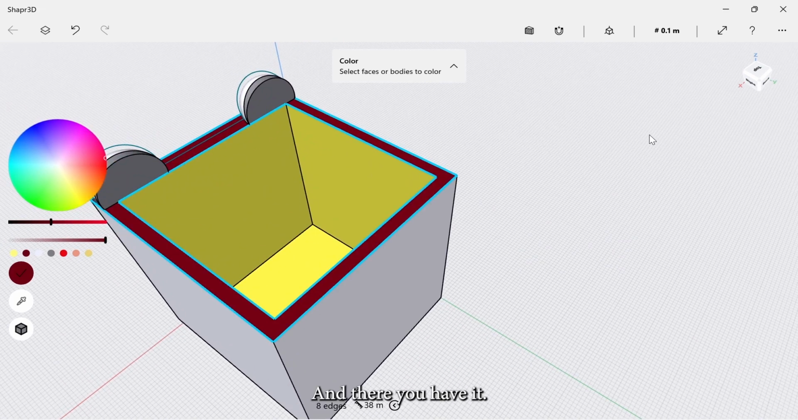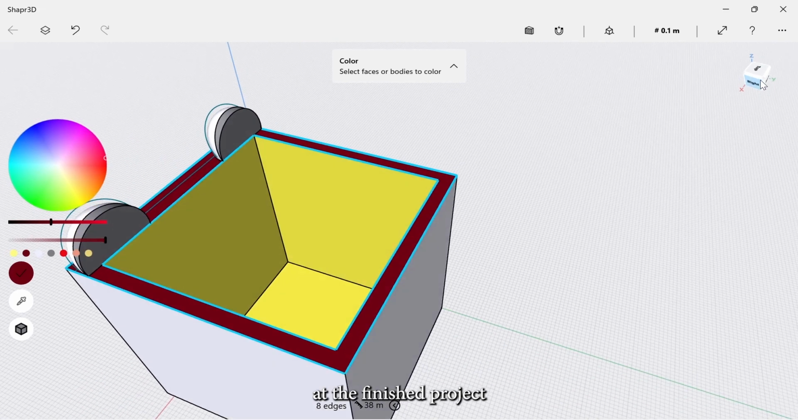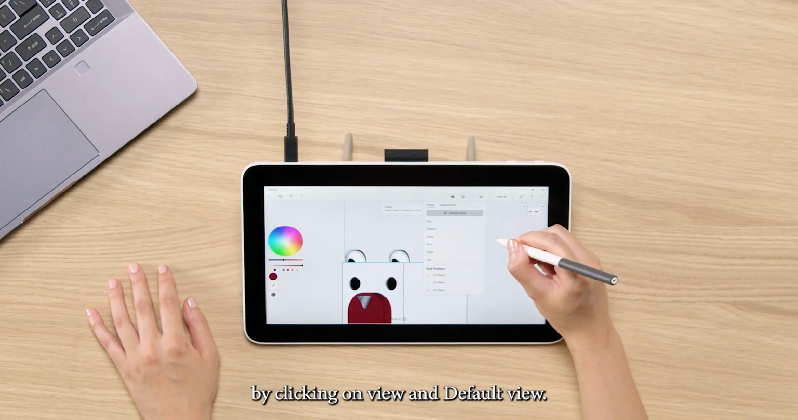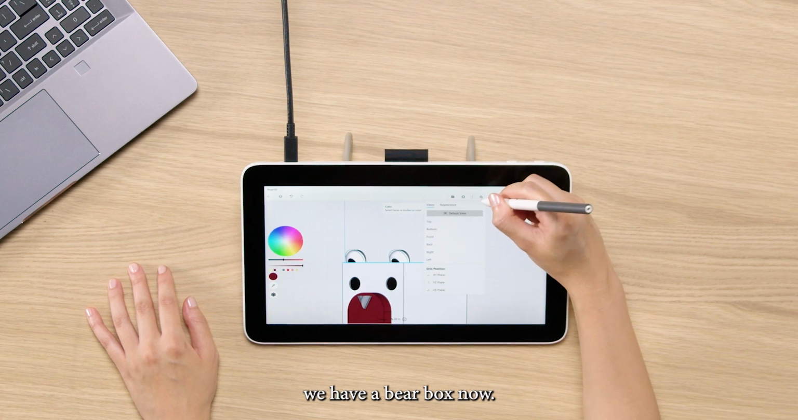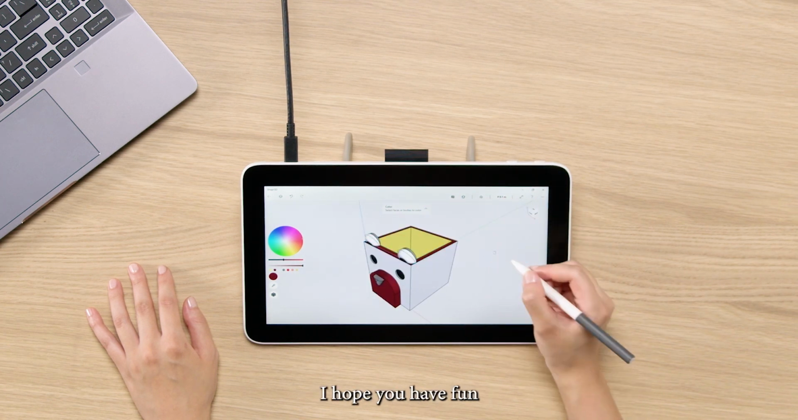And there you have it. Let's take a look at the finished project by clicking on View and Default View. So you can see that we have a bear box now. Very simple, right? I hope you have fun